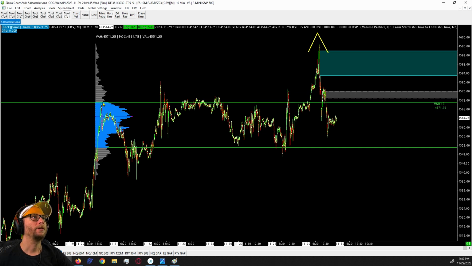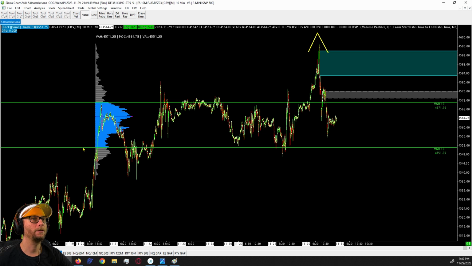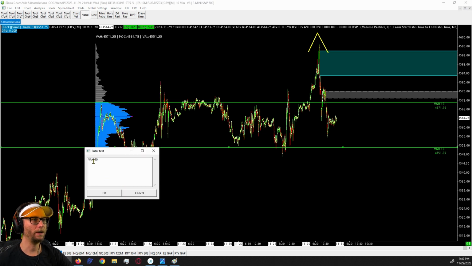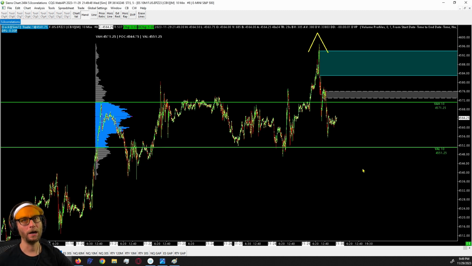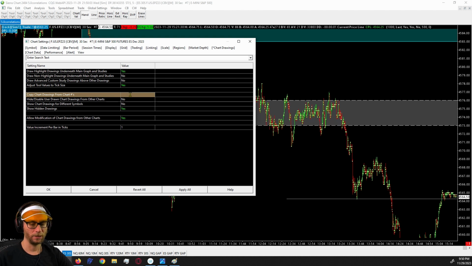So we have this here. Let's copy and adjust. And we're going to put this here. This is the target on the downside. So we're going to go ahead and put VAL for value area low, VAH for value area high. Got the V flush. Now this is chart number 8. So let's plot chart number 8 onto our 30-second here, so we can see that higher time frame chart's levels.